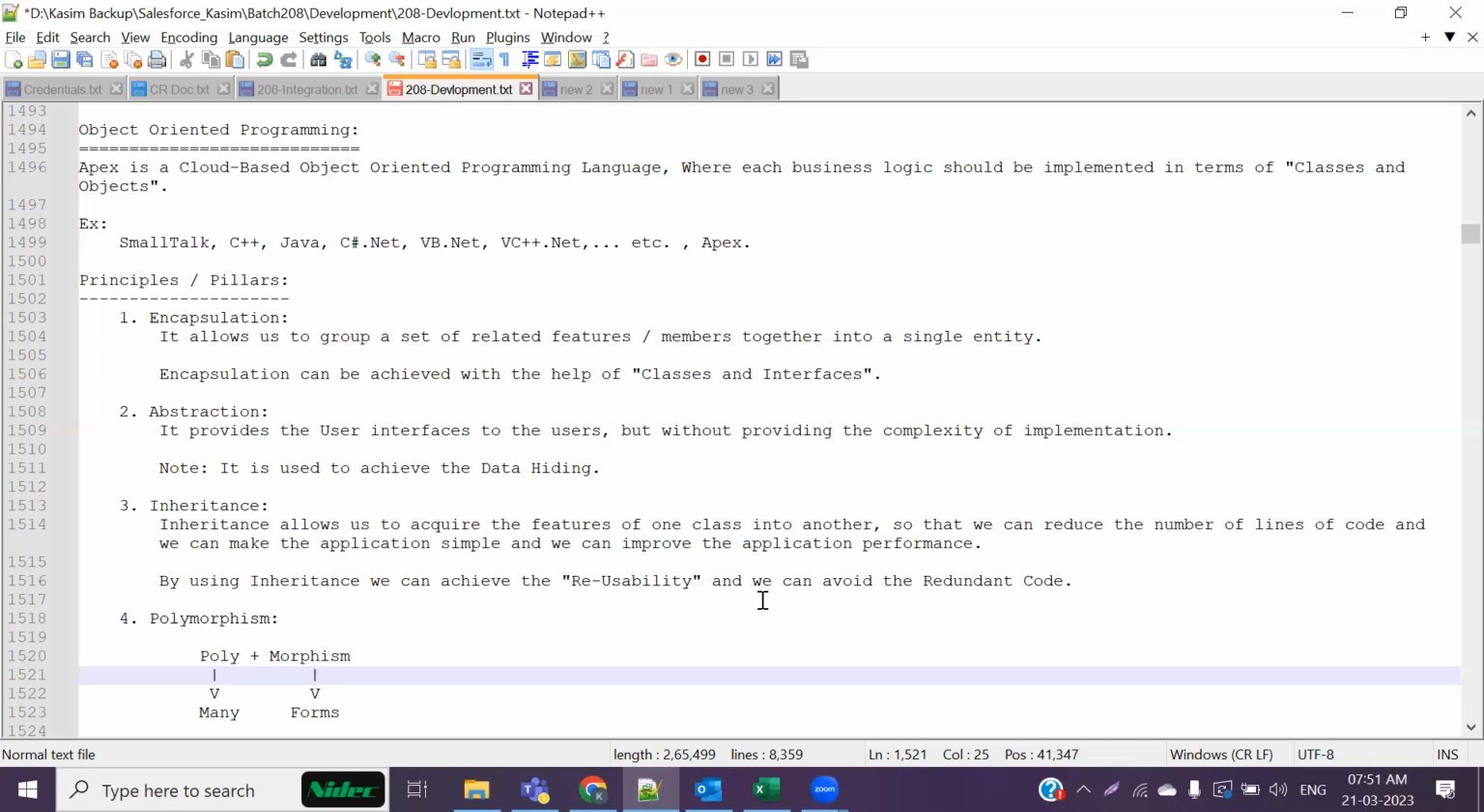So in a real-time environment, even in interviews, no one would ask you what the principles of object-oriented programming are and all. But you have to know this. Why? Because